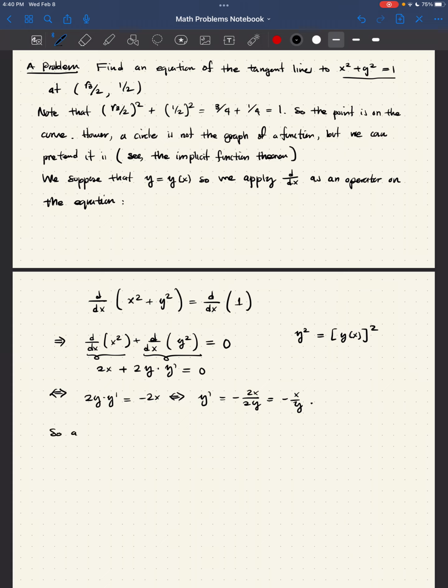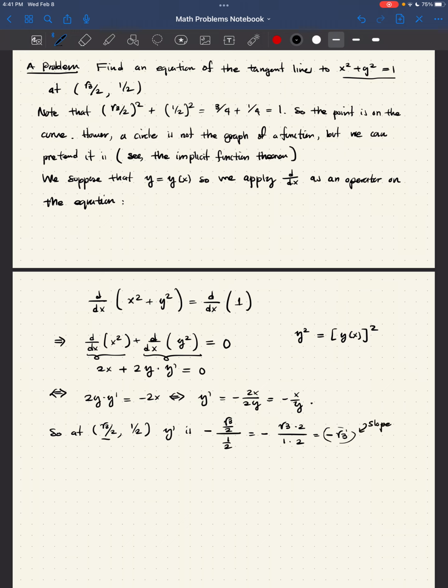So, at the point square root of 3 divided by 2, comma, 1 over 2, y prime is negative of x, the first coordinate, square root of 3 divided by 2, over 1 over 2, which reduces to negative square root of 3 times 2 over 1 times 2, which is just negative square root of 3. There we go. So this is the slope